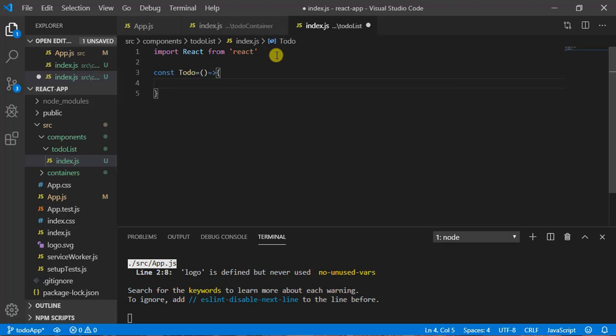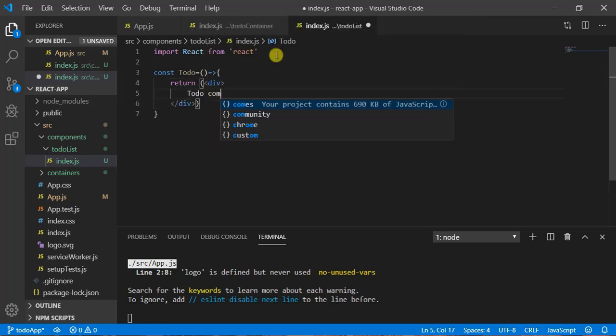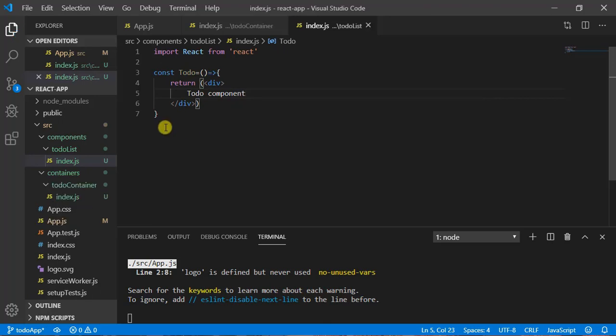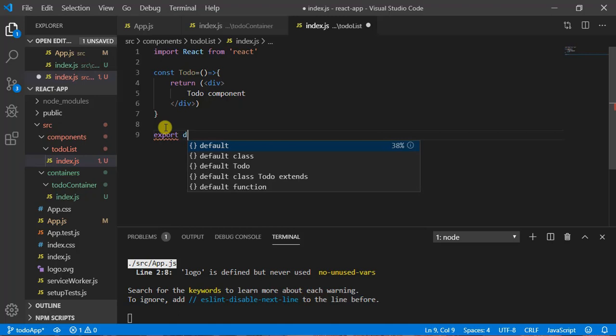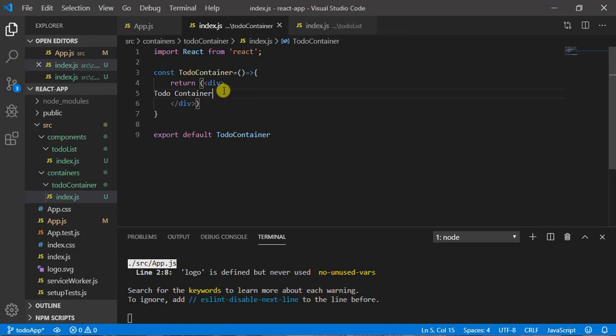Now here we are going to return a div, and we can write here to do component. We need to export this one here. So export default to do, and let's import this to do in container.